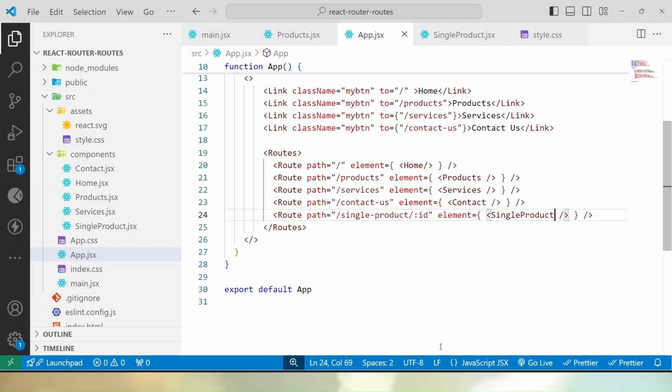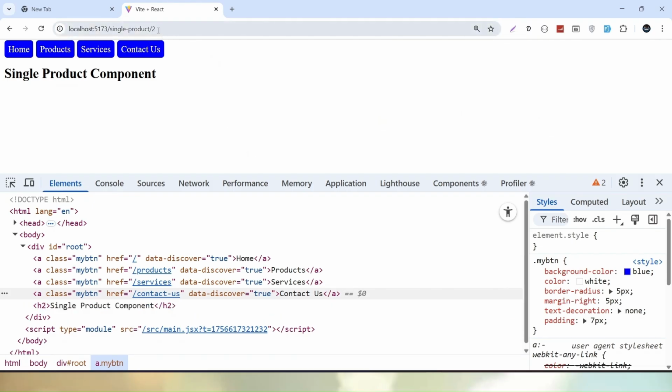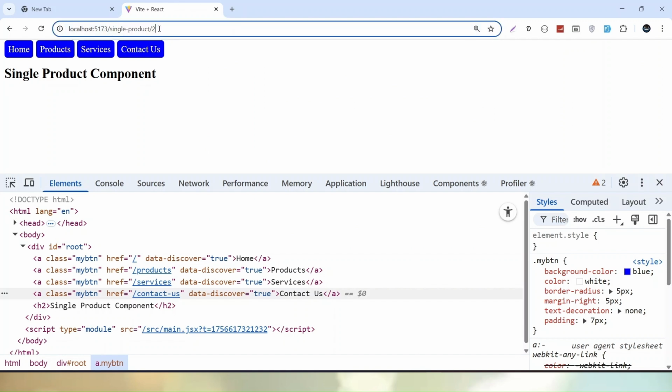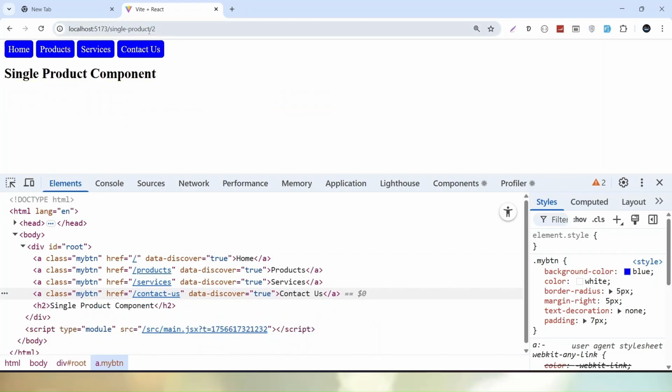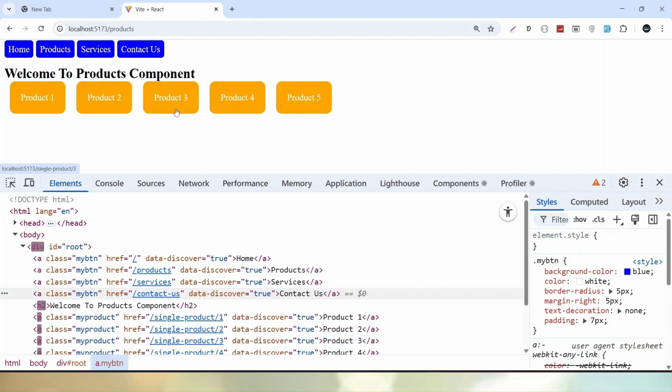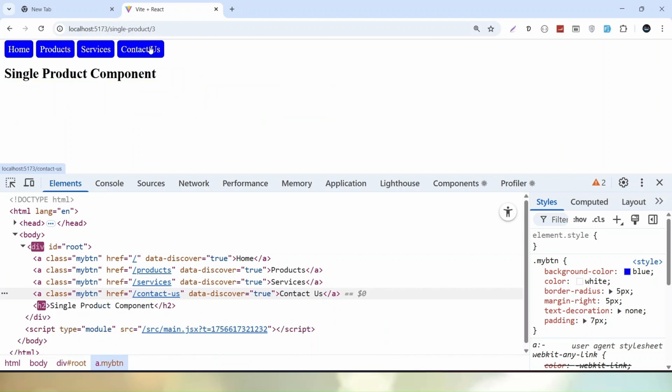Now if I save these changes, we can see that we are inside this path with dynamic ID. So it is opening the single product component. Let's go to products, click on product number 2, single product with ID 2, and product 3. But instead of displaying this static message for each product, I want it to say product ID, like product with ID 3 and with name, and that name will come from here. For the time being, just focus on the ID value, that is, how to get the dynamic ID from the URL